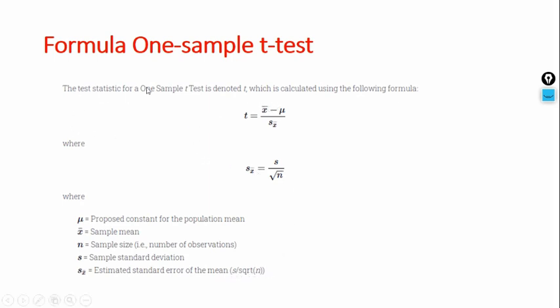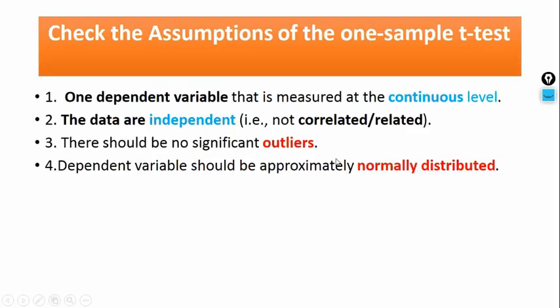Friends, I am telling you all this because I will show you, if we calculate manually, how we can come to a conclusion and how we can make decisions. Now, we have a data set. It is compulsory to check, it is compulsory to perform, as we have to check the assumptions of the one sample t-test.